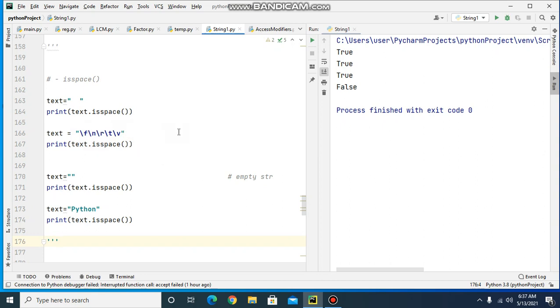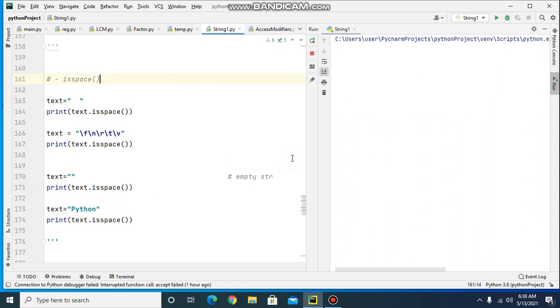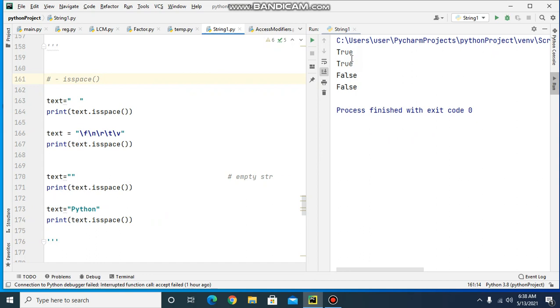In the case of isprintable, it had returned false in this case, but here it will return true for isspace. Then I am checking this empty string, isspace will return false. And here I am having the string Python, there is no space here, so it will return false. So the first two cases it will return true, and the next two will be false. We'll execute this. So true, true, false and false.